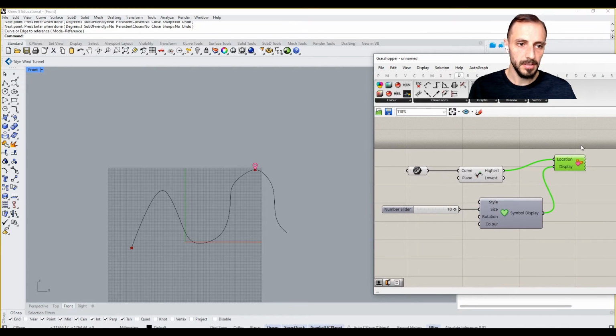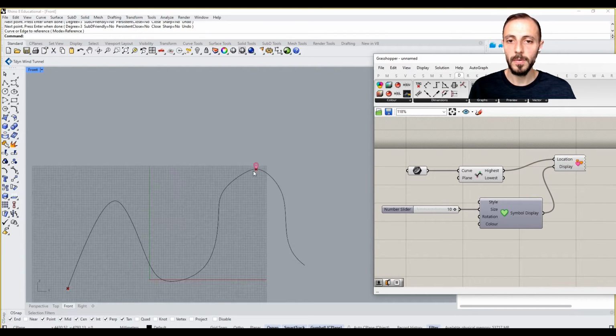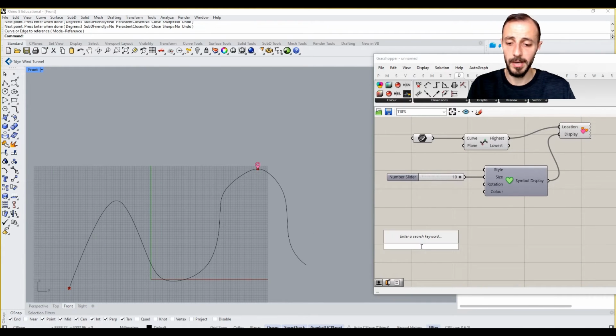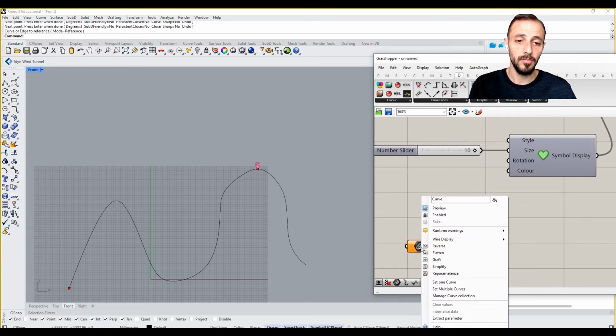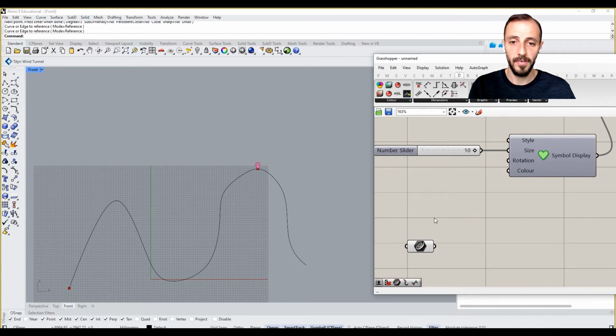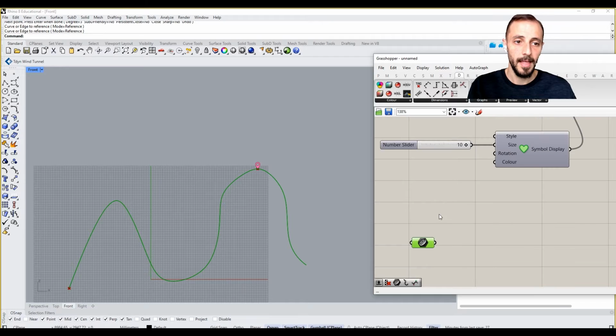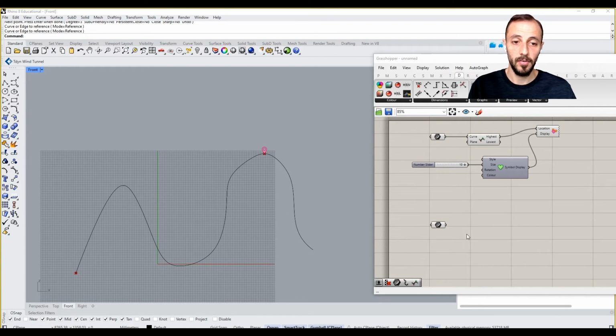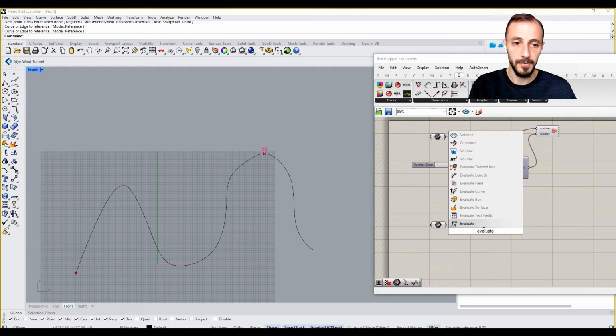And if we want to do the same thing with Galapagos, because now this is our constant, so we know this is the highest point of this curve. We want to do the same thing by using Galapagos. What I'll do is I'll grab this curve again, and then to find the highest point on this curve, we evaluate this curve,